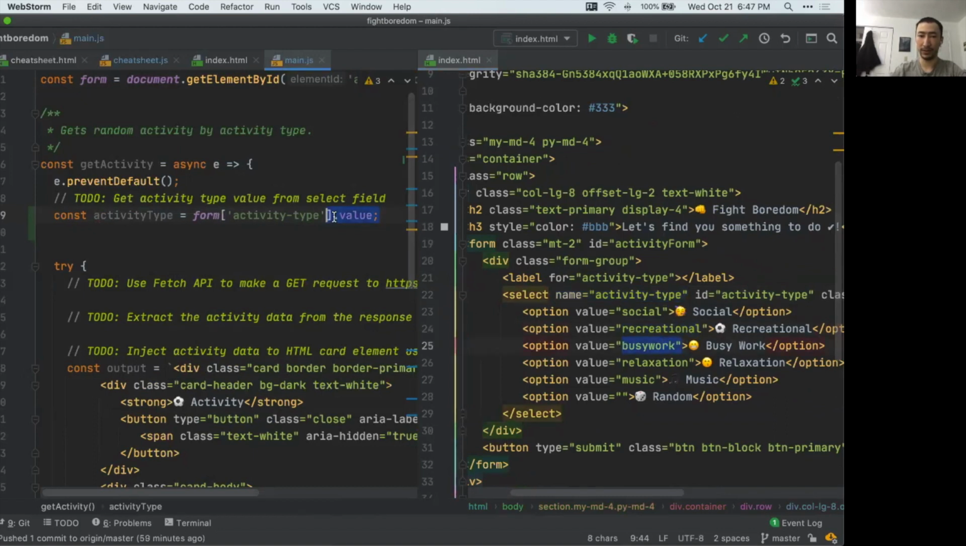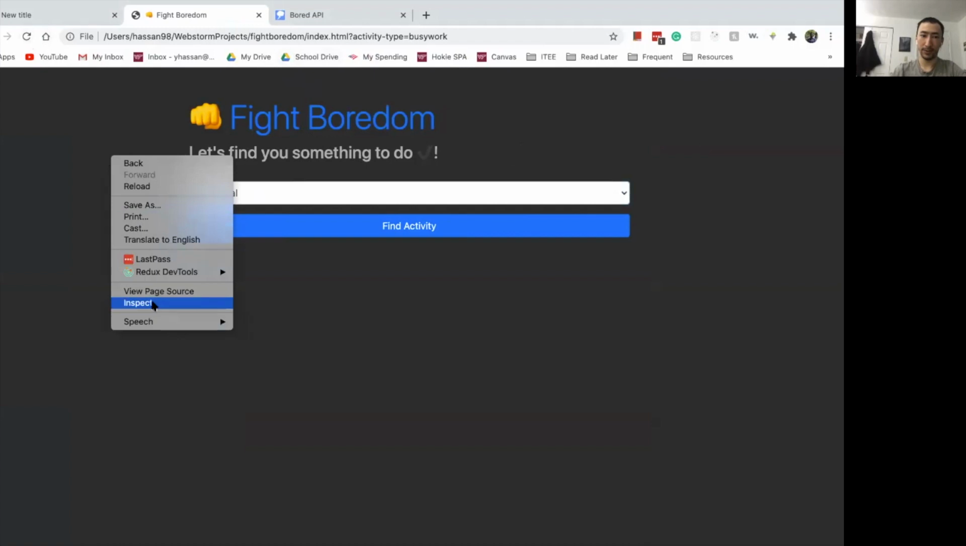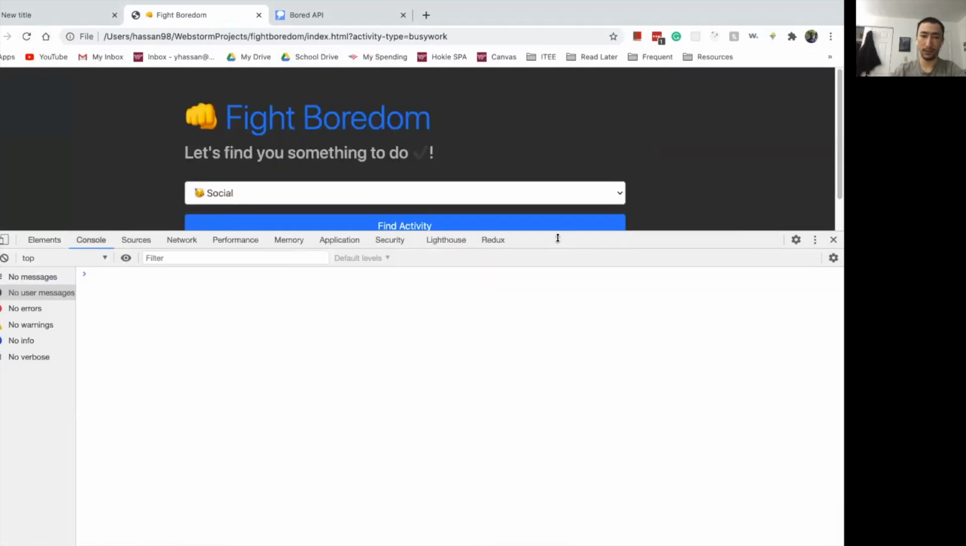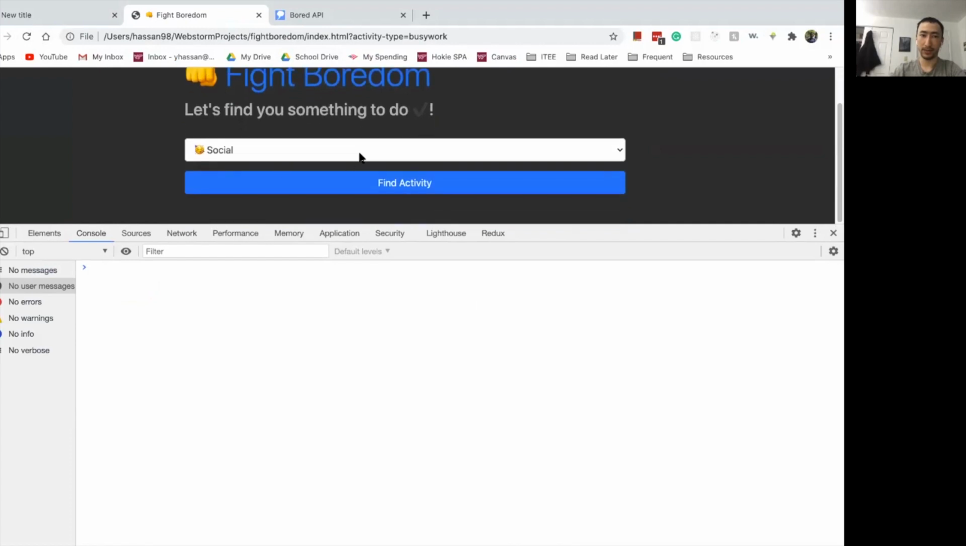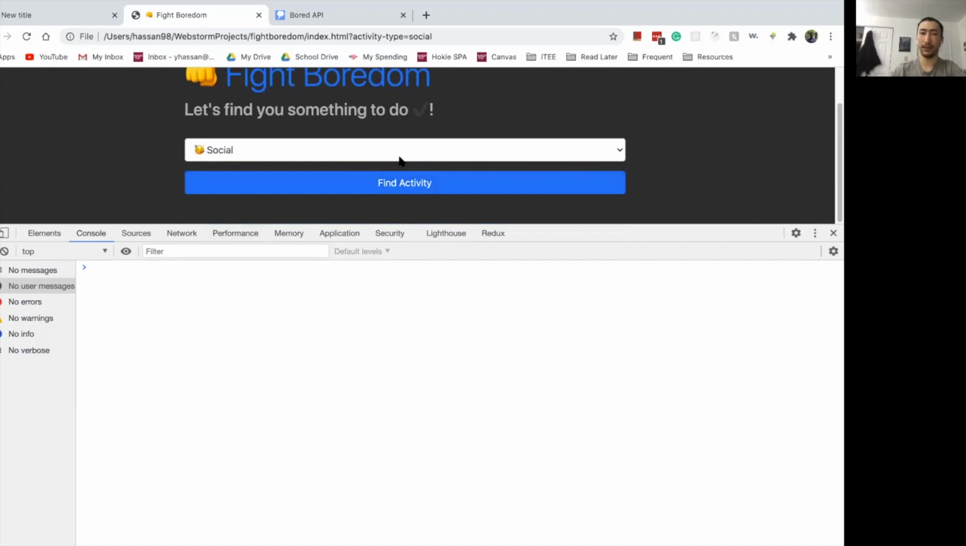If you don't do the value, then what you're going to get is an HTML element, which is the whole thing over here. But we only want the string value that is actually selected. So I can log the activity type. Let's try that. Let me open up my console and refresh. If I select social and then execute this function,